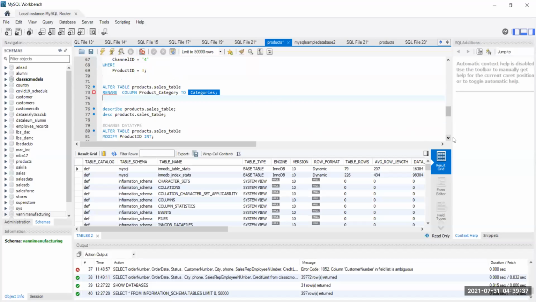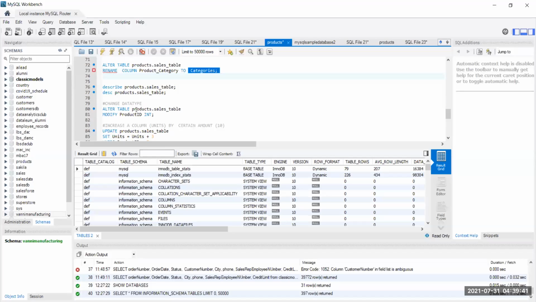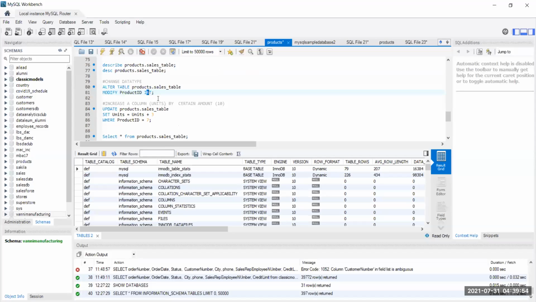Then we can also increase a value by a certain amount. For example, let's say select star from, what's the name of this table? The product dot sales table. So if you run that,